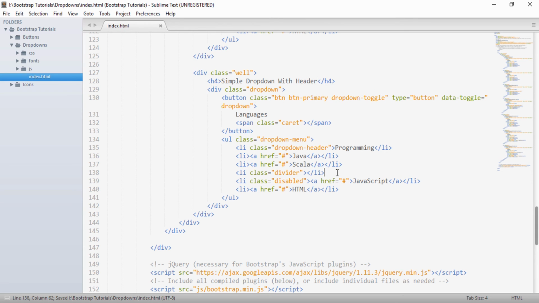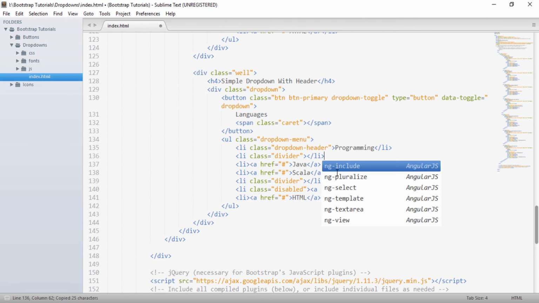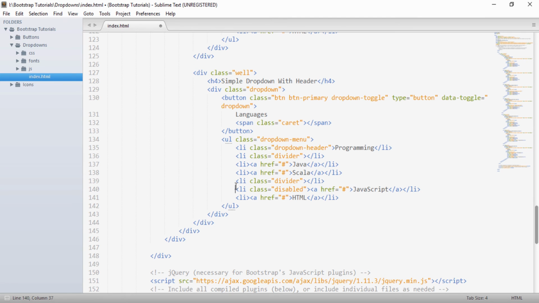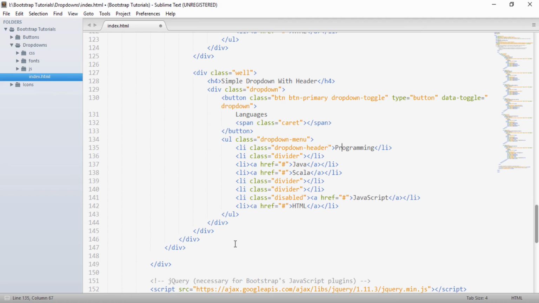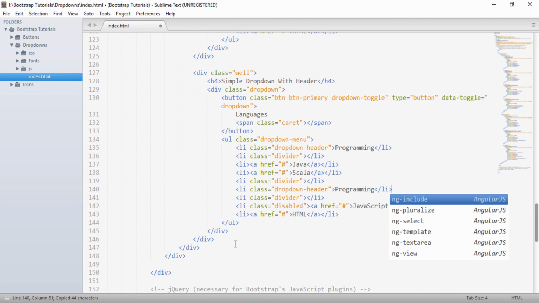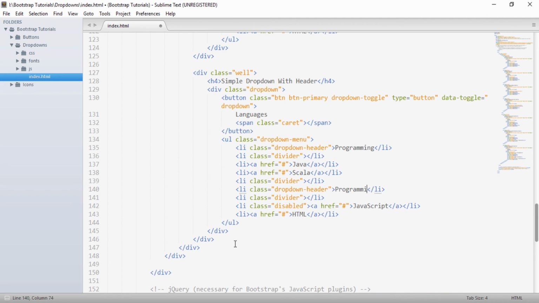I will do a divider here, one more divider here, and I will just copy this header and place it in between these two dividers and give it a name as, say, web design.